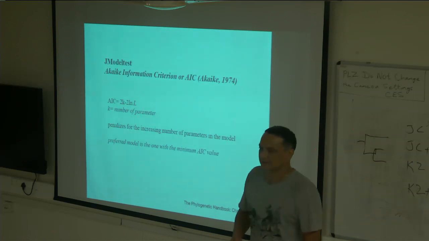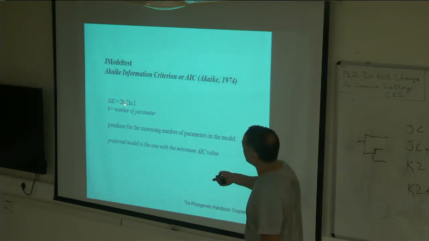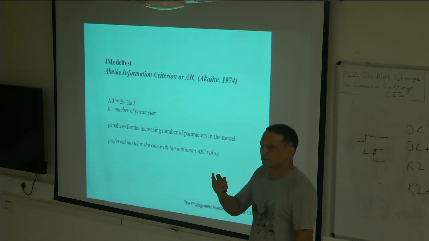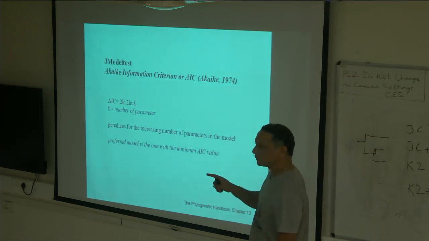Yeah, it's as simple as that, right? So Jukes-Cantor has only one parameter, so then this will reduce to just 2 minus